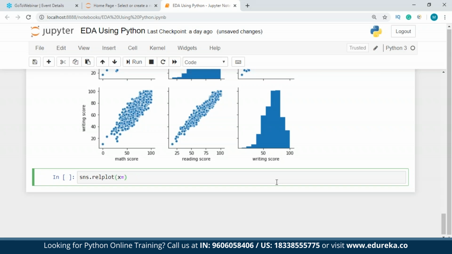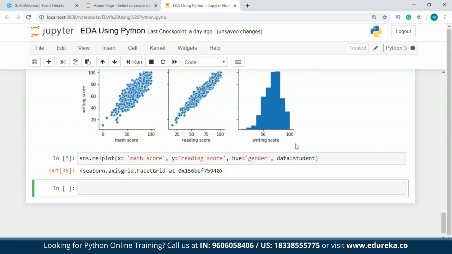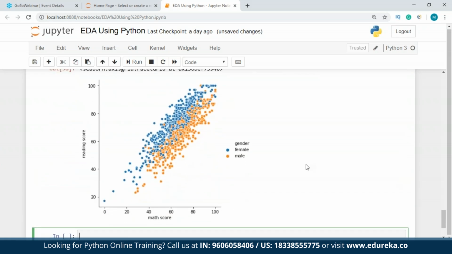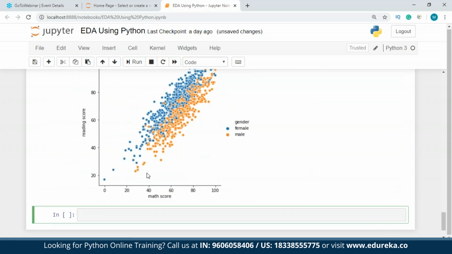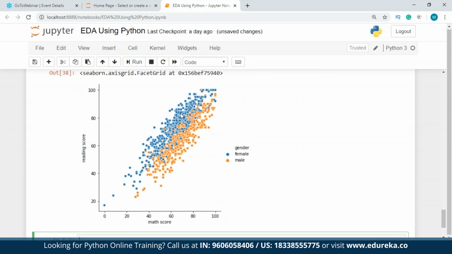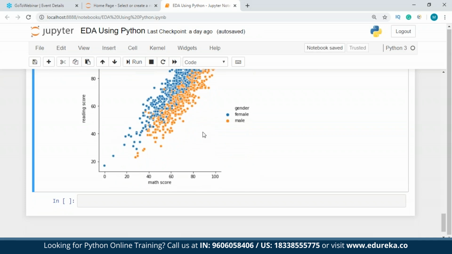All right, x has to be, let's say, math score. We'll take y as reading score. We'll take the hue as gender. Data is equal to student. All right, so we have a scatter plot here, and we have added the hue as well. As you can see, guys, all these values that are in blue dots are actually the gender who are female, and the other one is the male counterparts, and we are having a relationship between their math score